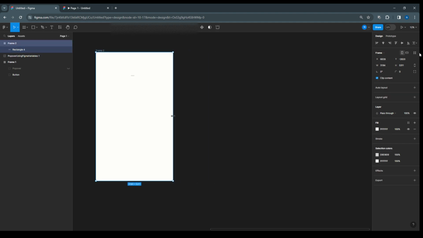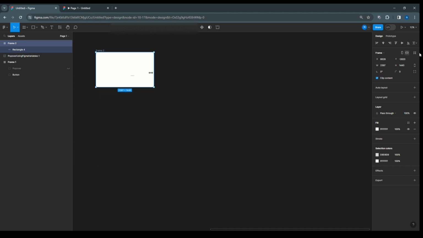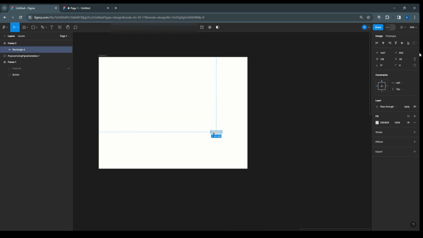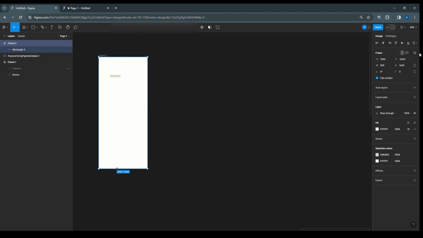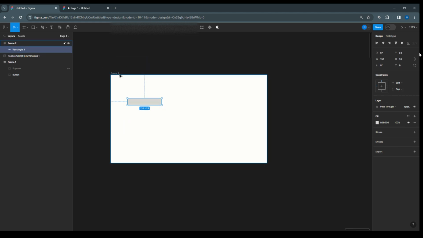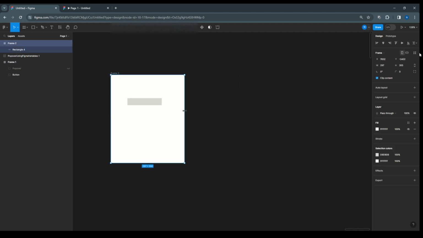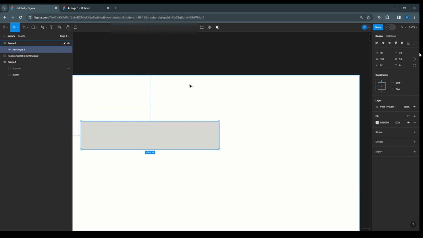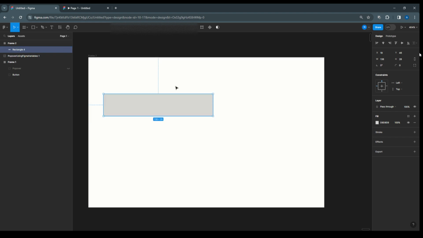So we'll decrease the frame size, and we'll arrange accordingly. The frame size is a little bigger here. Now it is fine. So we have the button here, and for creating the button, I will give some radius,